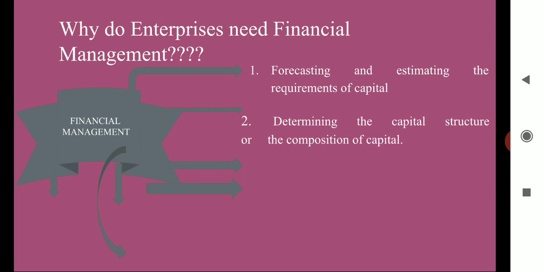As you know, the very next need is choosing the sources of funds, where I'll be clubbing the second need and the third need. So the best capital structure is what the FM has to design in favor of the enterprise, whether it is a small, medium or big enterprise. They need to manage the sources of finance and the capital structure hand in hand. The capital structure needs to be designed in such a way that it is proportionate in handling things,